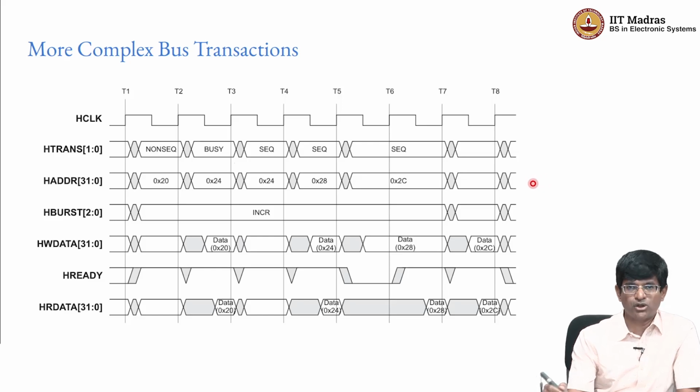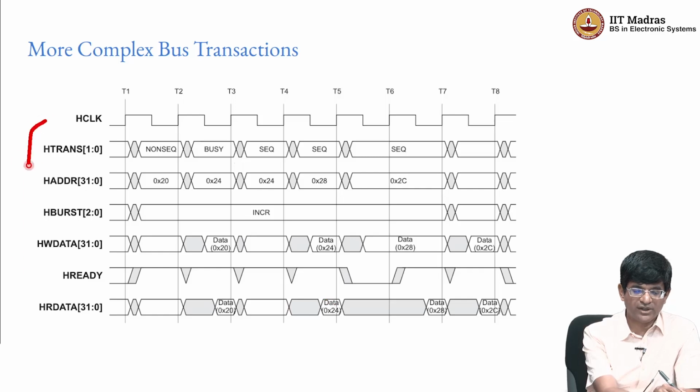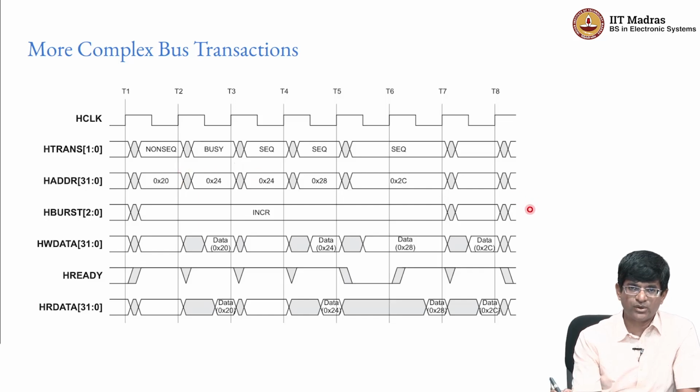The point of this is not to go through and understand what the different architectures or different kinds of transactions are. It's more to indicate that yes, buses can be complex, they have a number of different signals over here that are relevant to them, right, and they can also perform many different kinds of transactions, as you can see over here, right. We are not going to get into the details of these because it's not our purpose to look into or to understand exactly how the AMBA or AXI buses work at this level.